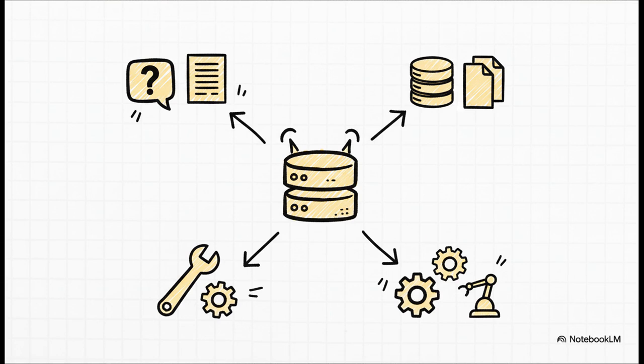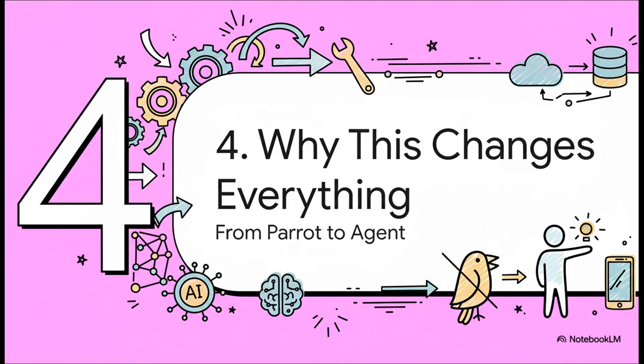They can offer up prompts, which are kind of like pre-made recipes for common tasks. They can provide resources, which is just structured data like files or database info for the AI to read. But the really exciting one is tools. These are actual functions the AI can trigger to take real action in the world. And that last part, giving AI the ability to use tools, well, that's why this is an absolute game changer.